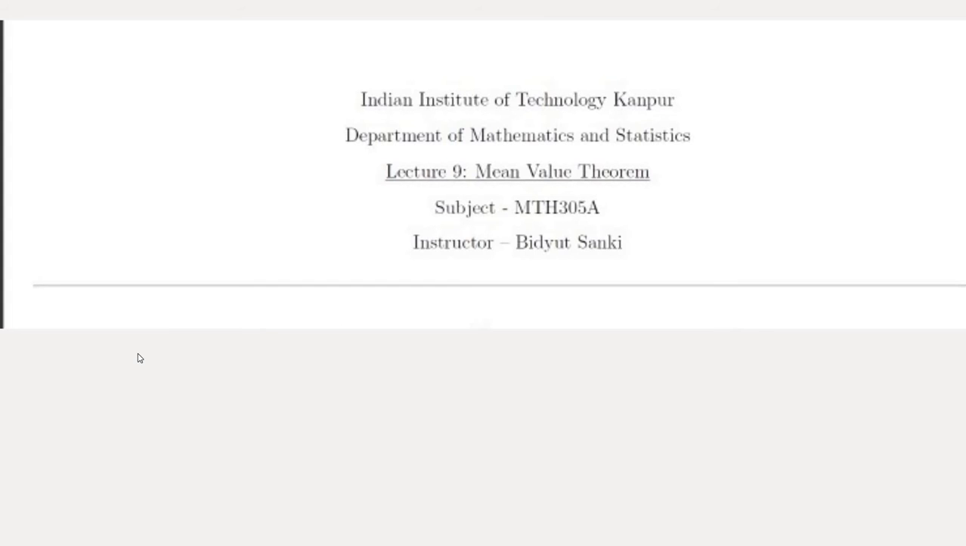This is the second part of lecture 9. In this part, we generalize the mean value theorem to vector valued several variable functions. This is page 7, continuation of part 1. Before going to the theorem statement, that is the generalized mean value theorem for vector valued several variable functions,